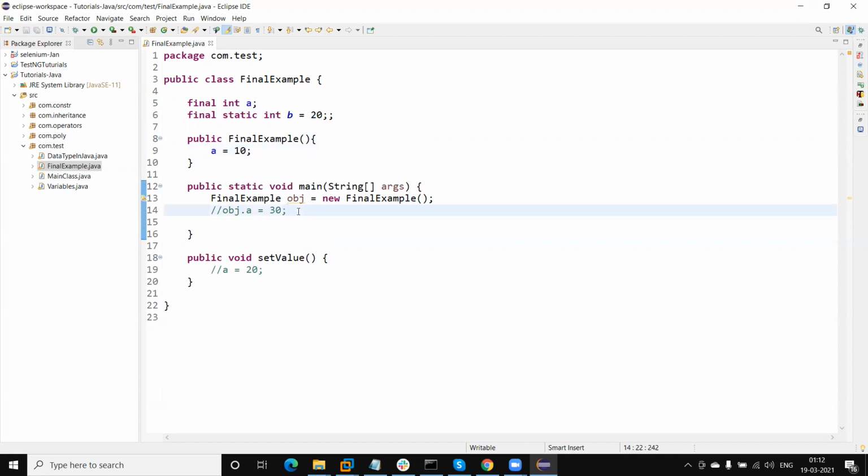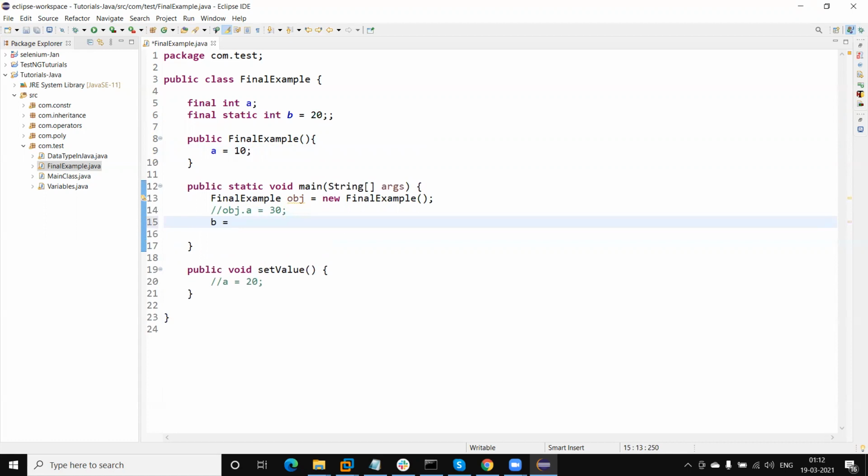And if I try to change this variable, we cannot change it. It means if I put the final keyword with a non-static variable or a static variable, both work the same way. Both values will be constant. We cannot change the value once it is initialized.